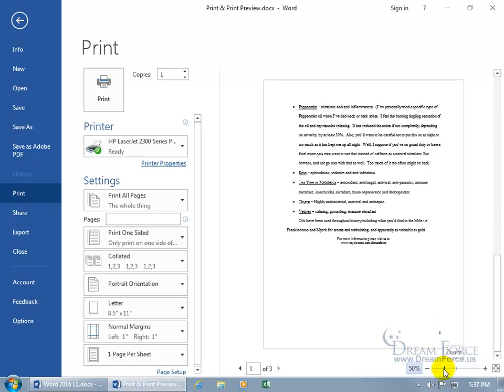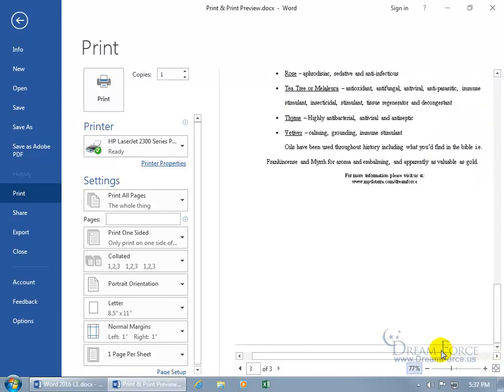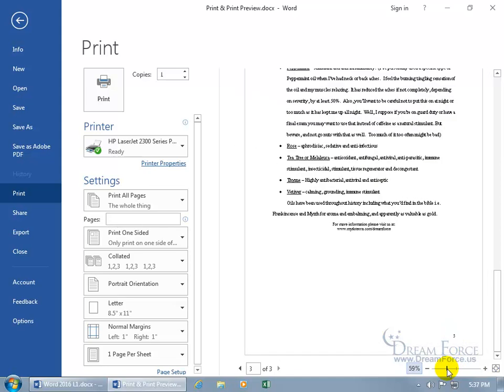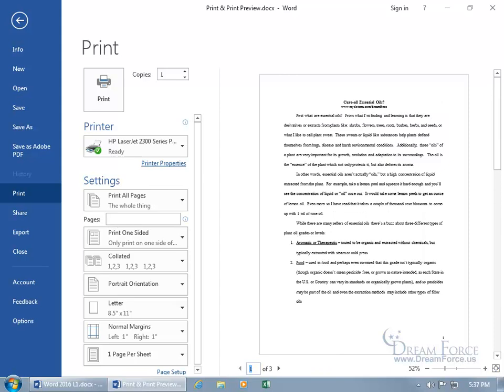You can go ahead and click and drag the slider bar over and then scroll down and over to see it. Yep, that's a page number. And you can, of course, go ahead and click and drag to slide it back out, or just come over here and click on Zoom to Page, and it takes us right back to where we started, the complete page view. And then if you want to get back to page 1, well, if you had 100 pages, you don't want to sit here and click, click, click, click to get back to it. Instead, go ahead and click inside the box, type in a number, hit enter,